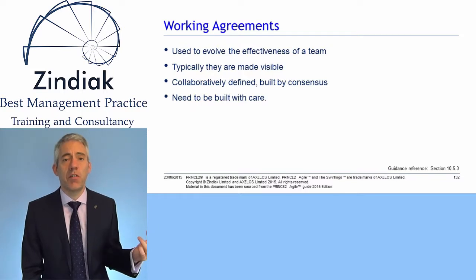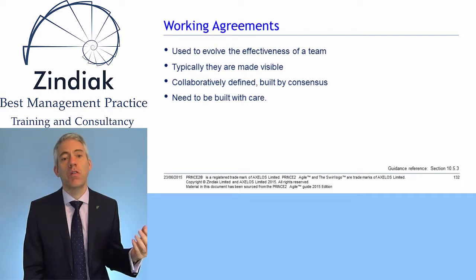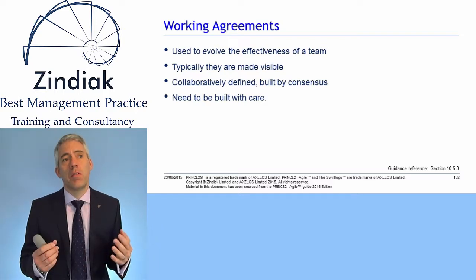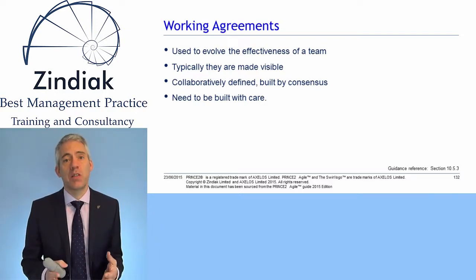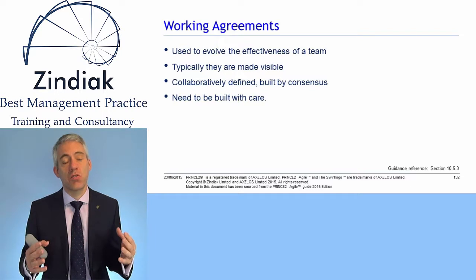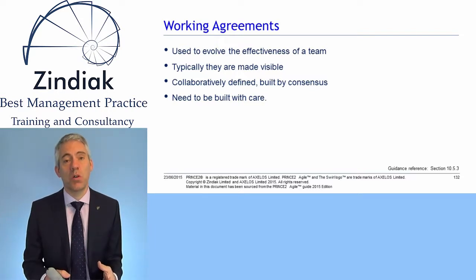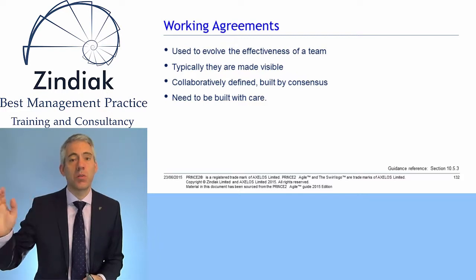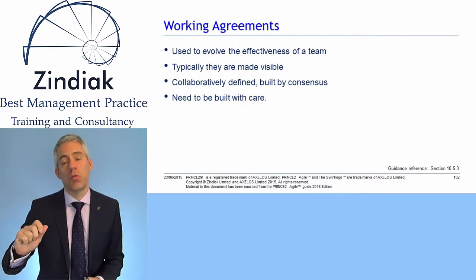The final slide we have on organisation is to do with working agreements. And as it said, they're used to evolve the effectiveness of a team. The best way I've found to do this is to get the team together in a workshop. It may even be a scrum type meeting or a stand-up meeting. And really it's just the team agreeing how they're going to work, and in simple terms writing them up on a whiteboard or a flip chart, but having them visible so that everyone can see it, that everyone's agreed to it,